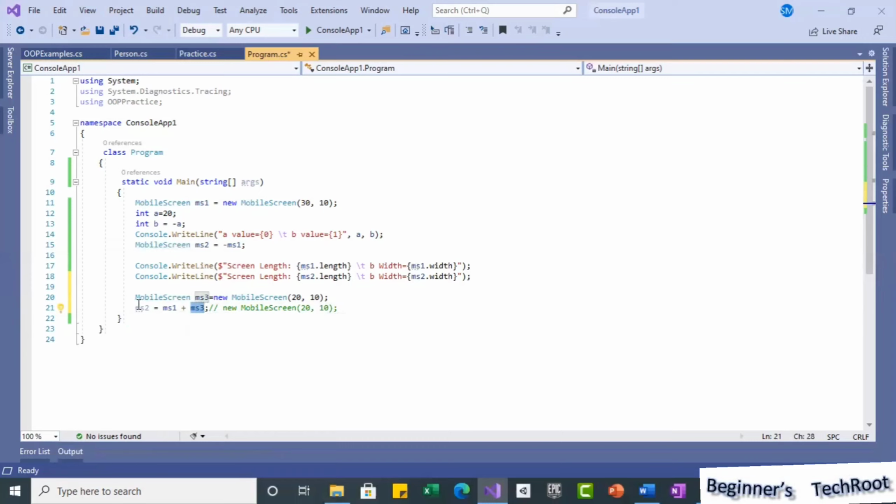For better readability, in the place of ms3 I will comment this out. See, this is one way. So I am commenting this, and even we can use it straight this way also, as the object is created.